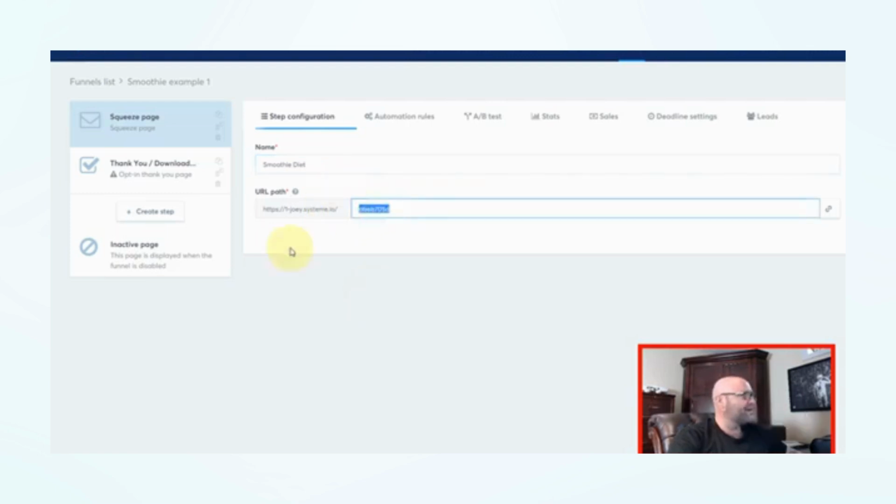And you can also customize the path, so you can say something like free recipe video, like this. Because what we're going to be doing is saying they can watch a free video, which they will be getting access to once they enter their email. I'll show you that here shortly. Because as you can see here,